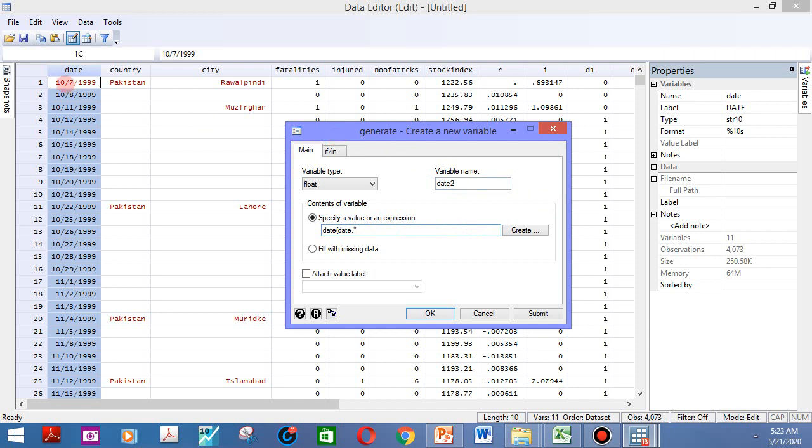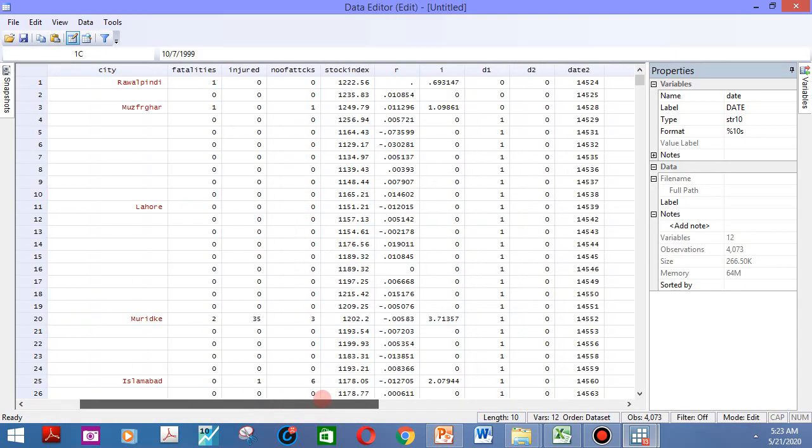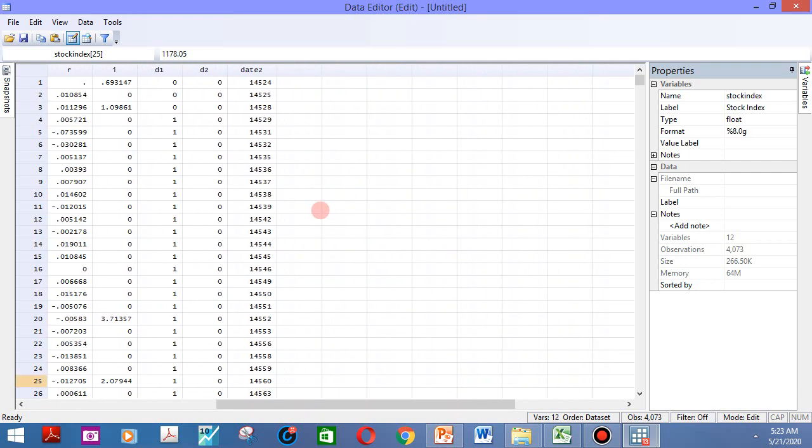So this column shows that first we have month followed by days and then year. So here in the box we take M for month, D for day, and Y for year, and then close the bracket. Then okay, now we have created a new variable with the name date2.